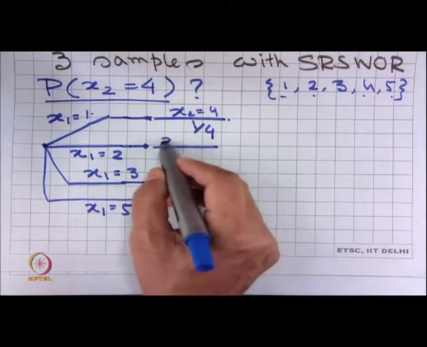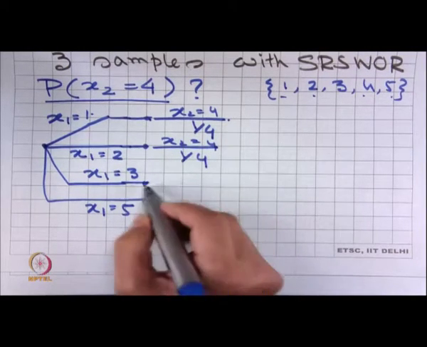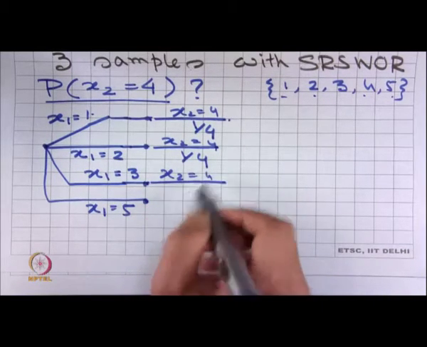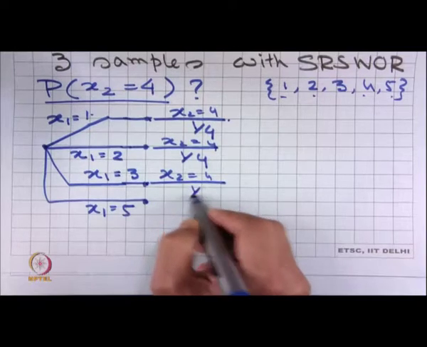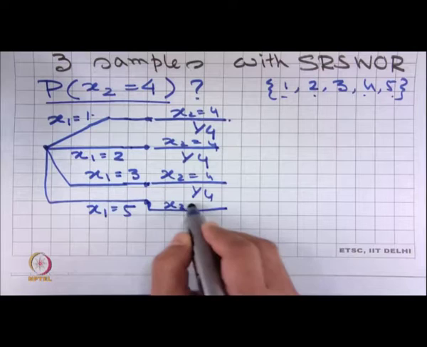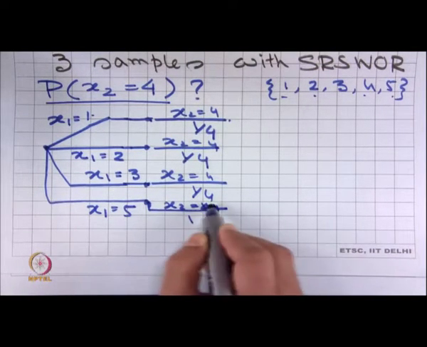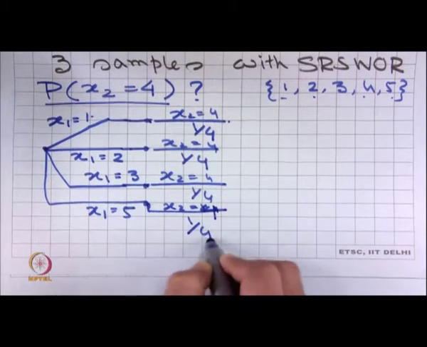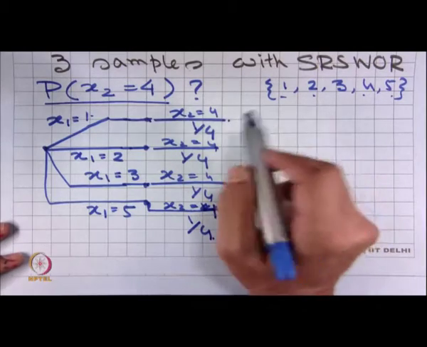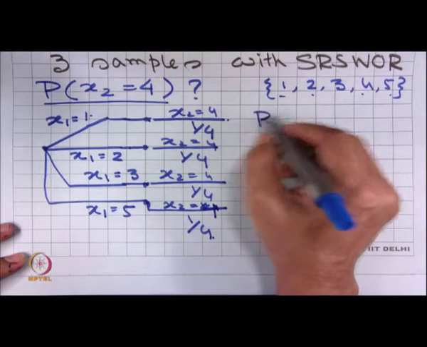Similarly, here x 2 is equal to 4 has probability 1 by 4. Here also x 2 is equal to 4, that probability is 1 by 4, and in a similar way in this case the probability x 2 is equal to 4 is 1 by 4. Therefore, the second sample can be 4 if